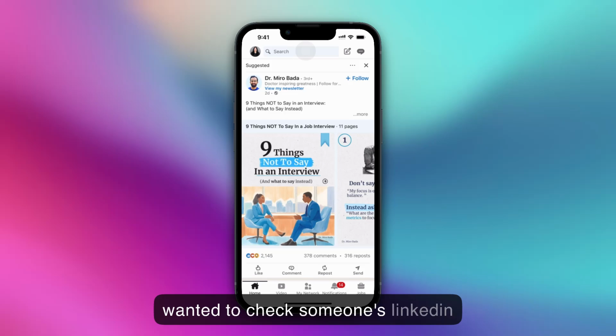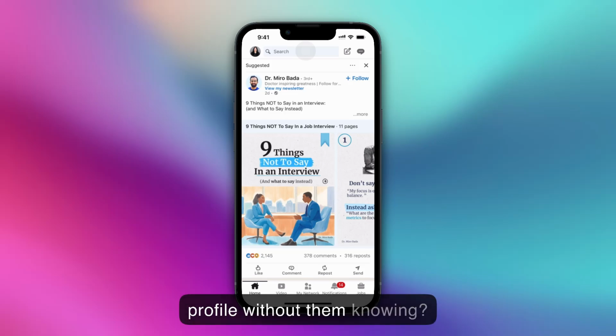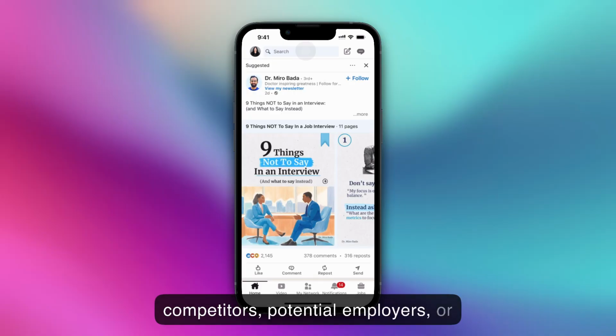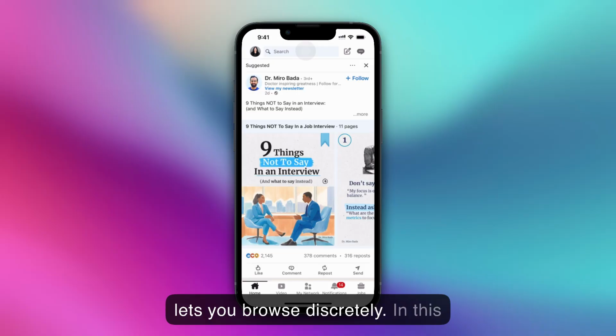Have you ever wanted to check someone's LinkedIn profile without them knowing? Whether you're researching competitors, potential employers, or just curious, LinkedIn's private mode lets you browse discreetly. In this quick tutorial, I'll show you how to turn it on step by step and why it can be